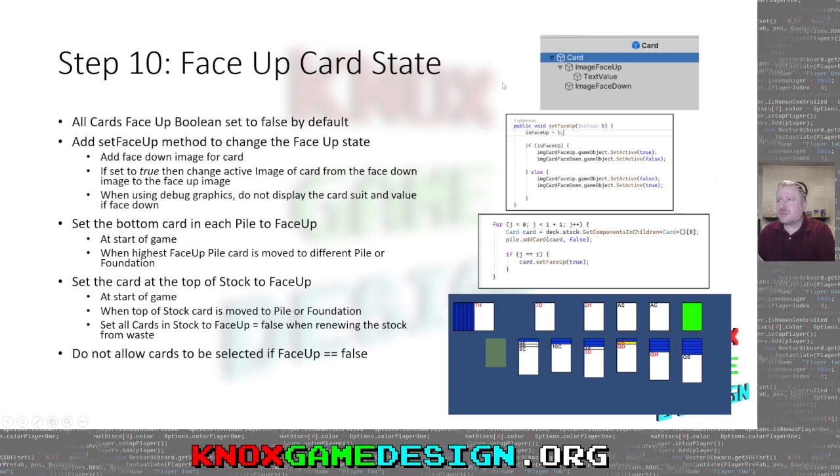Step 10, this is where we're going to implement the face-up card state. So we do have a Boolean to track whether the card is face up or face down, but we really haven't done anything with it yet. So basically in our card prefab, we're going to have one image, the image we've been using of the card, and then the text value. But next to that, as a sibling, we're going to have an image face down. And so I added a set face up method that takes a Boolean as a parameter. So if it's face up,